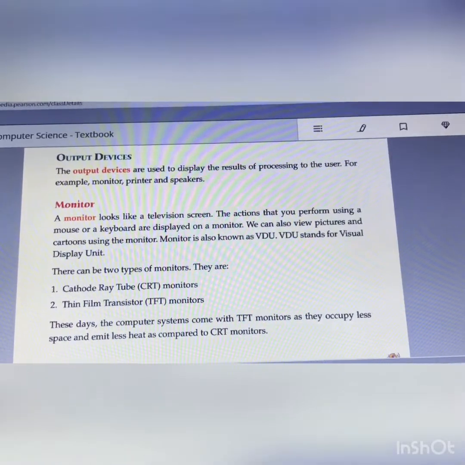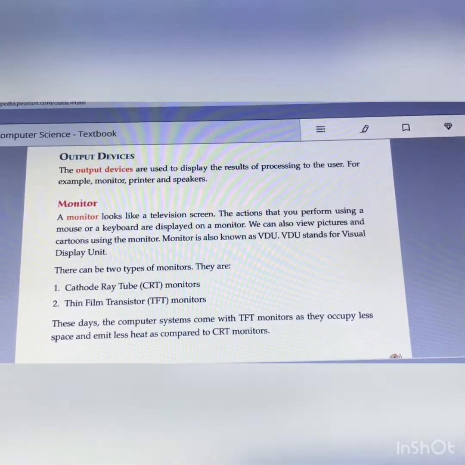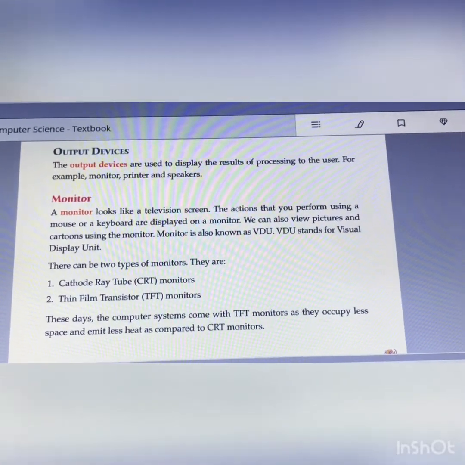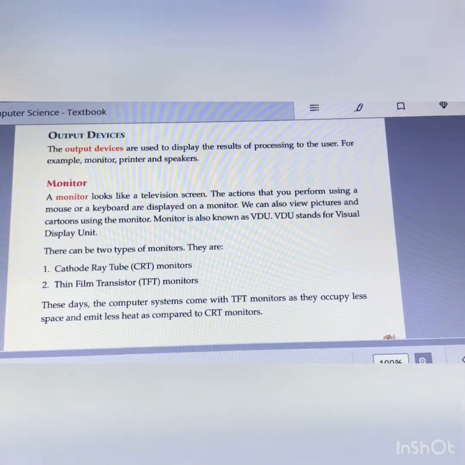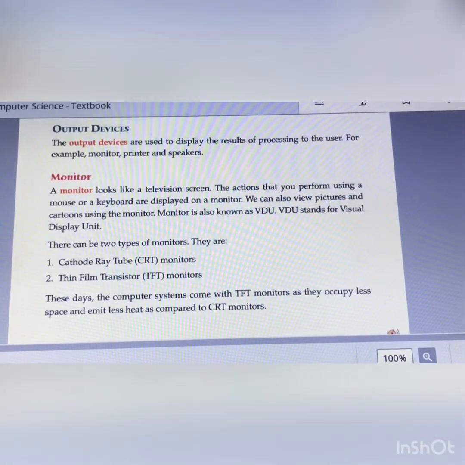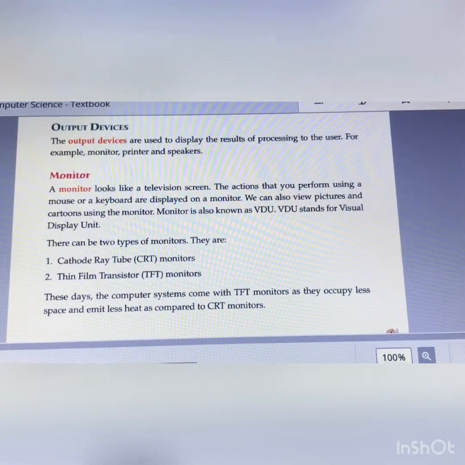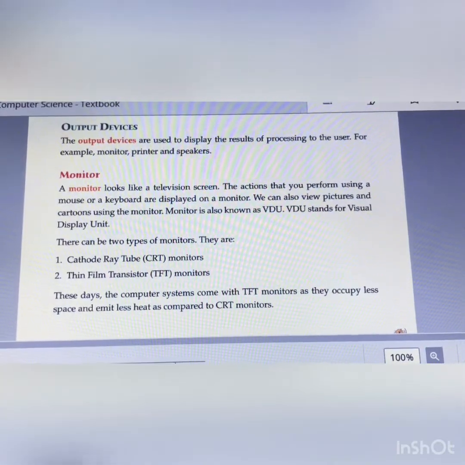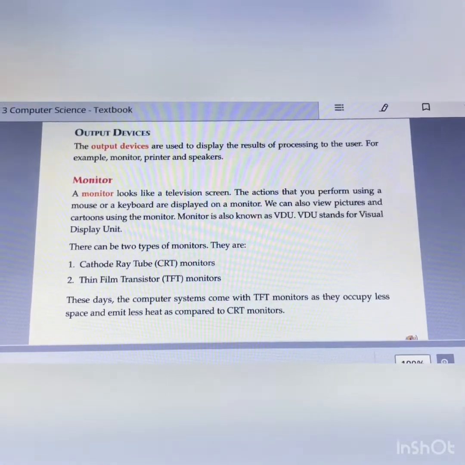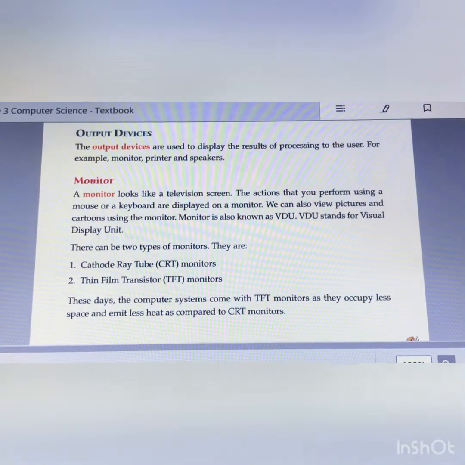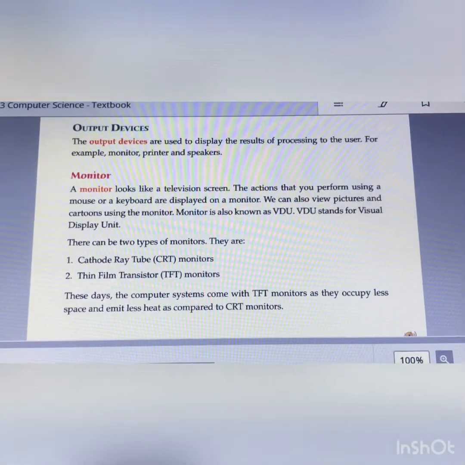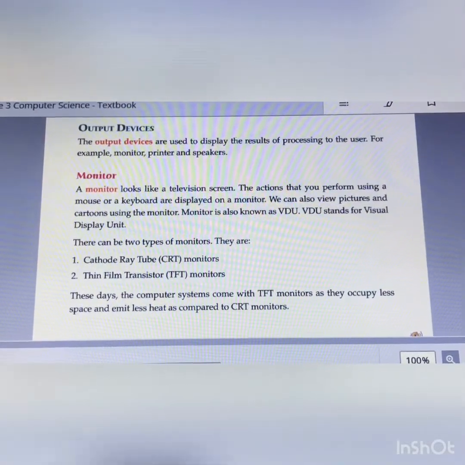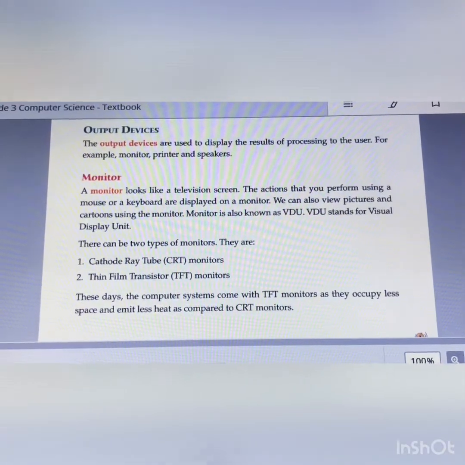Dear students, our next device is output. You all know when you are drawing a picture in our computer lab, where can you see your picture? Monitor. Very good. So there are many output devices like monitor, printer and speaker. Speaker gives us music, so that's why music comes under output device. First is monitor. A monitor looks like a television. There are many types of monitor. In earlier times we all had CRT monitors. Now we all have LCD TVs. I will show you the picture.